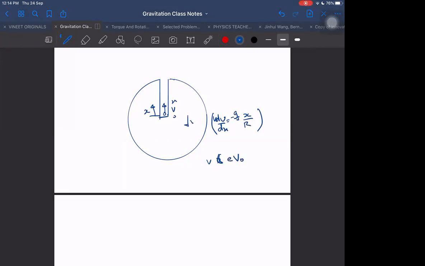If it was striking with v naught velocity, then it will become e into v naught to 0, where e is the coefficient of restitution. We put the limits of x from 0 to h, whatever height it is. After doing that, next we can find out the time, again find out the other time.